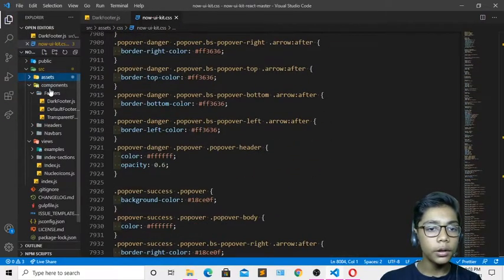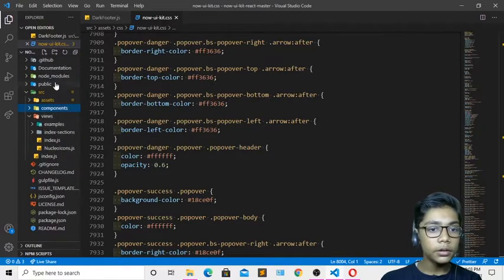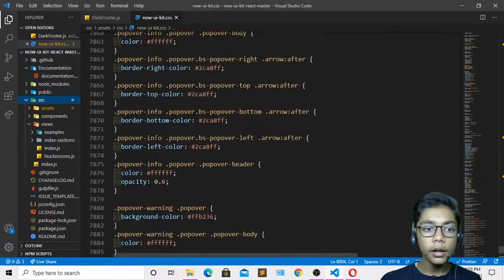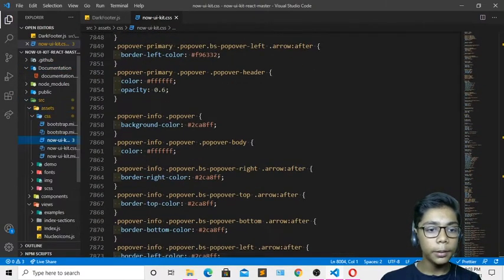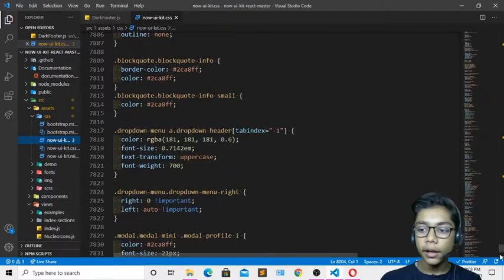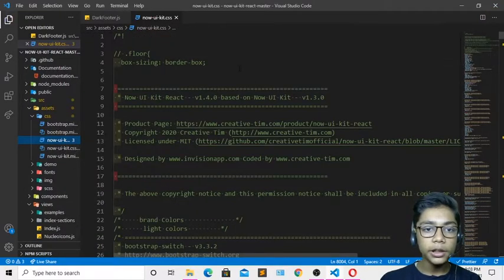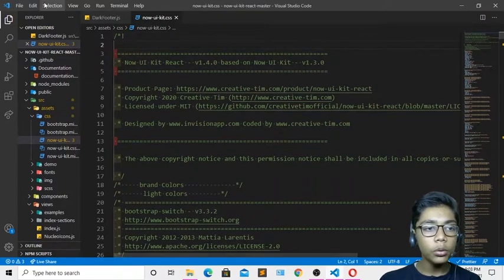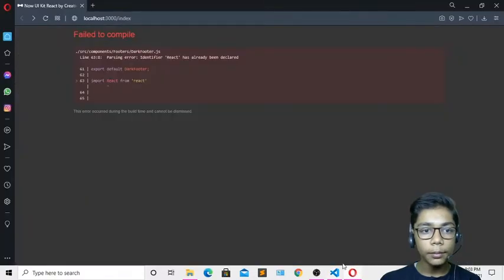You have to go to the assets folder, and you can see we have gotten all the things related to that. And now we have done these also. I will be coming in the top. Okay, so here I will be going to the assets folder, then UI React, and I'll be going to the top and erasing this thing which I have just written. When you've done that, you have to hit save, and it will be working for you. If I go to Opera browser, you can see that now it is already declared.